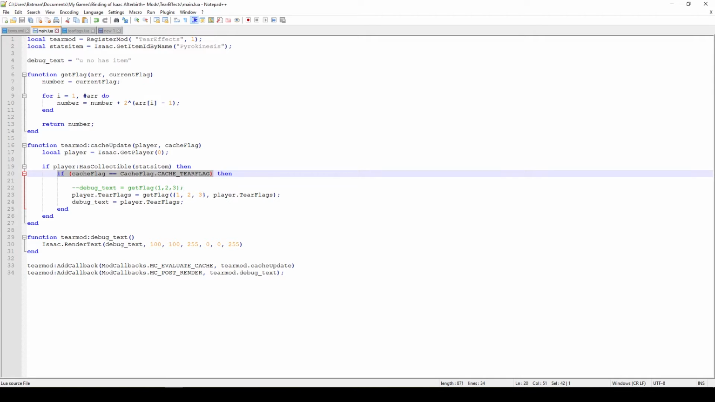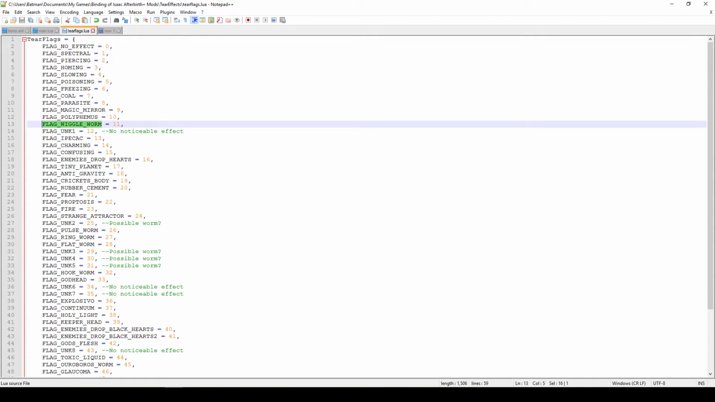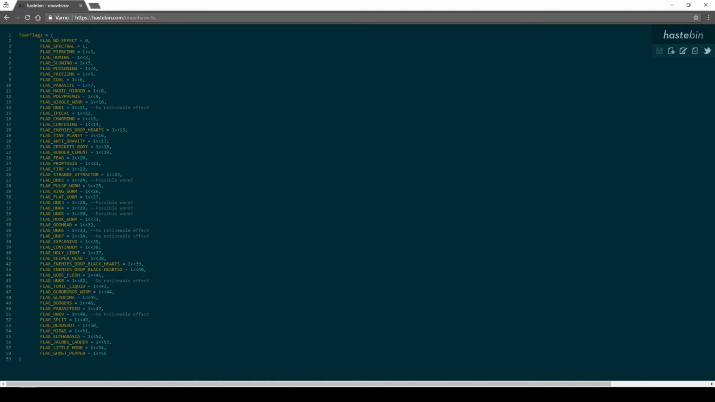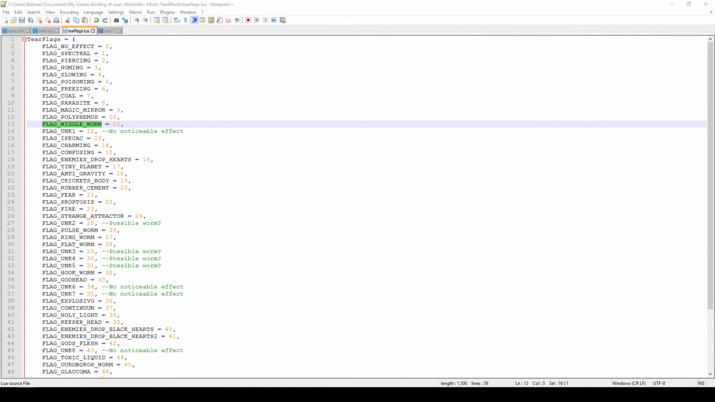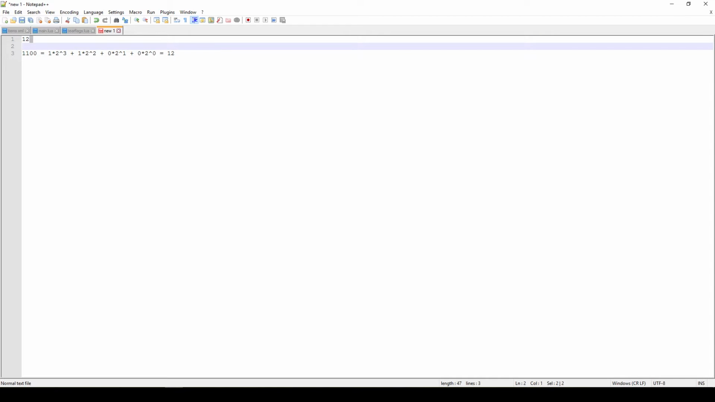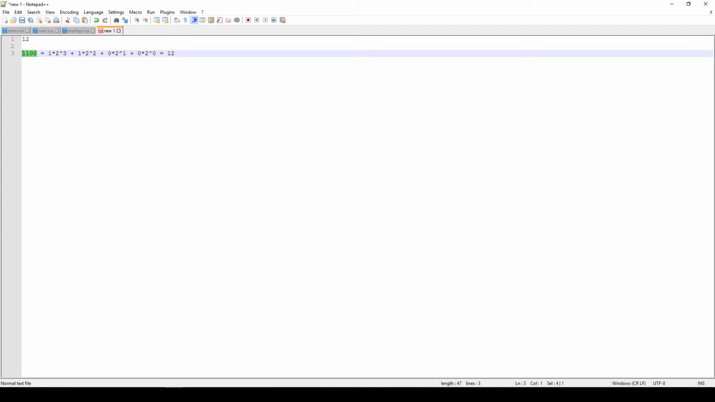First of all, I want to show you this chart, which I pulled from an online resource. You can see that there are a lot of tear flags here, and you have polyphemus, parasite, cold freezing, etc. But we have all of these weird numbers here, which, if you don't know anything about bitwise operators, might be confusing. Essentially, if you say player.tearFlags is 12, that goes to binary. If you look at the number 12 in binary,